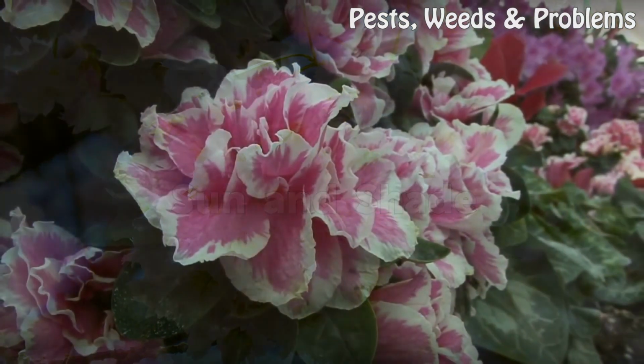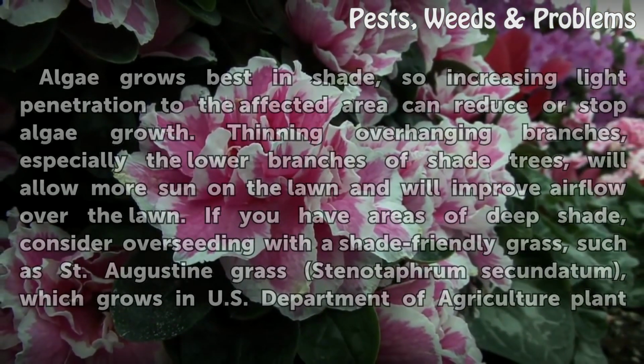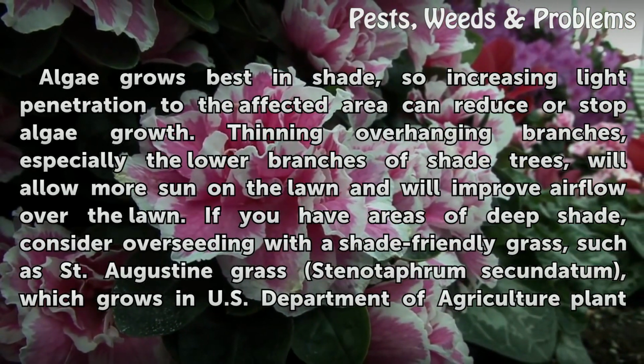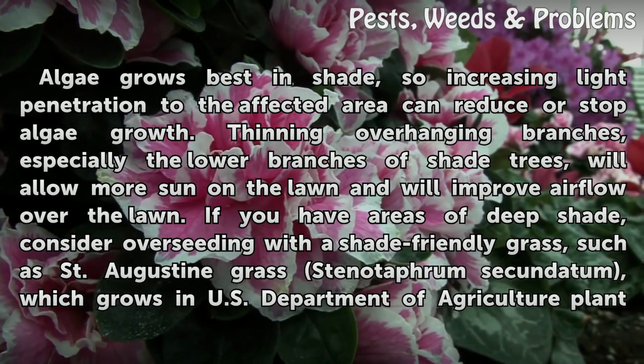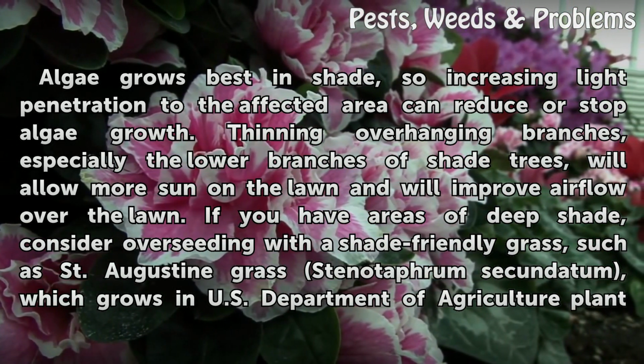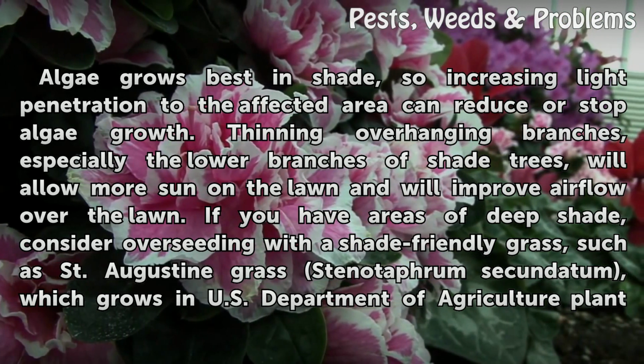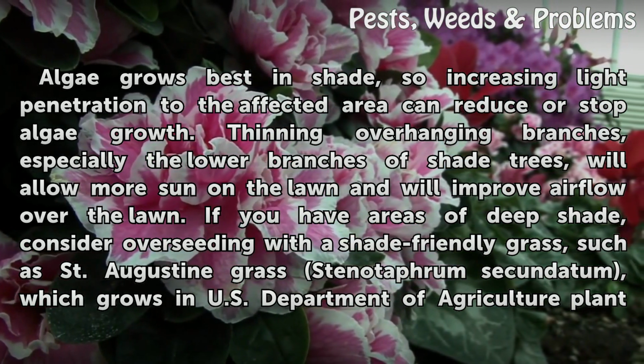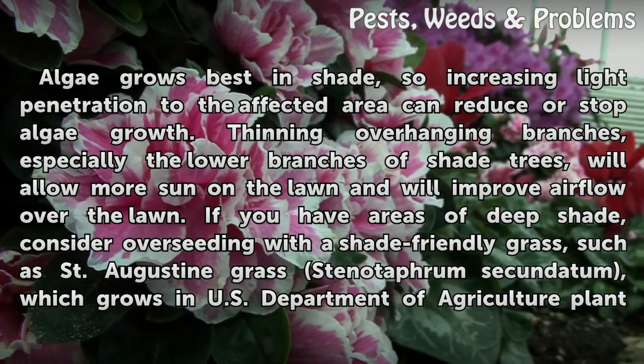Sun and shade. Algae grows best in shade, so increasing light penetration to the affected area can reduce or stop algae growth. Thinning overhanging branches, especially the lower branches of shade trees, will allow more sun on the lawn and will improve